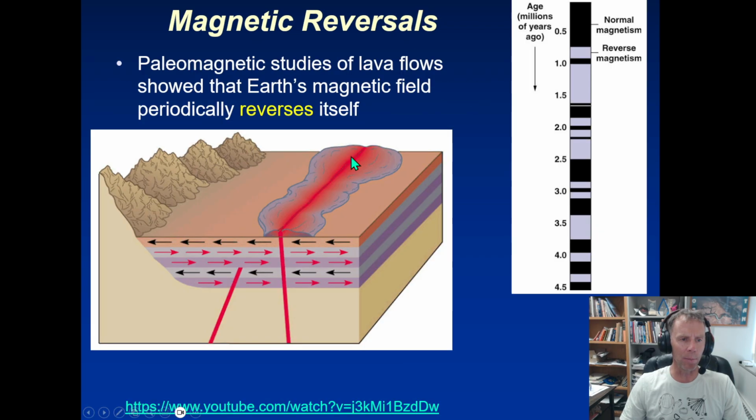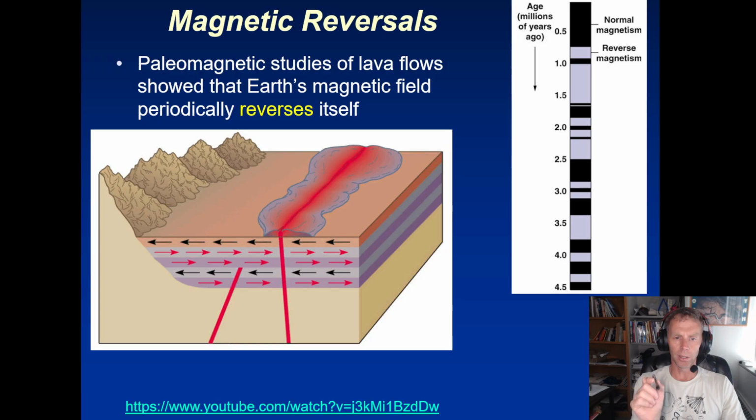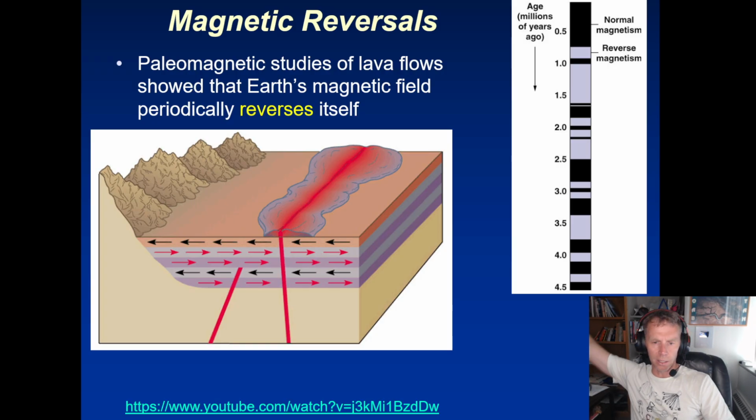The other thing that came about during the study of the Earth's magnetic field is that the Earth's magnetic field reverses itself from time to time. So every day, your whole life, the Earth's magnetic pole has been the North Pole. If you take out your crackerjack compass and hold it, that needle will point north. It did it on the day you were born, and it undoubtedly will do it on the day you leave this Earth. But what's interesting is that